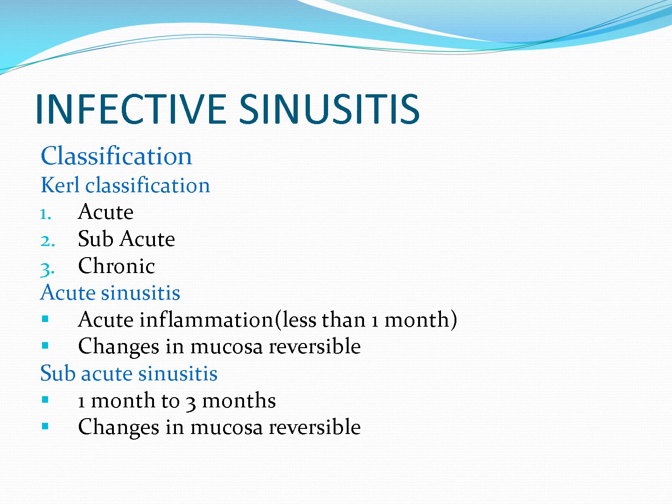So the current classification of infective rhinosinusitis: acute, subacute, and chronic forms. Acute inflammation lasts for less than 1 month, subacute is between 1 to 3 months, and chronic is more than 3 months. In cases of acute and subacute conditions, the mucosal changes are reversible, but